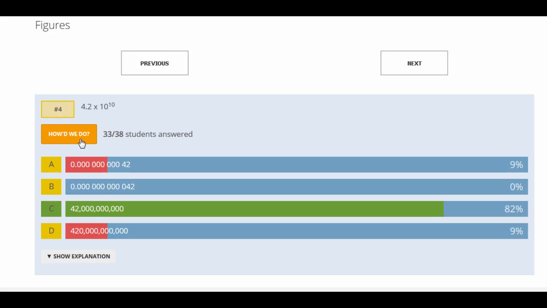All right. This one here is choice C. Remember that the power of 10 means we need to move that decimal a total of how many places? 10 places. So this one here, we had moved it 1, 2, 3, 4, 5, 6, 7, 8, 9, 10. This one here, we'd have moved the decimal a total of 11 places. And of course, you people over here, remember, it's a positive exponent, meaning that this number is really big. This number is really small. So remember to keep that connection together. And then the next one,